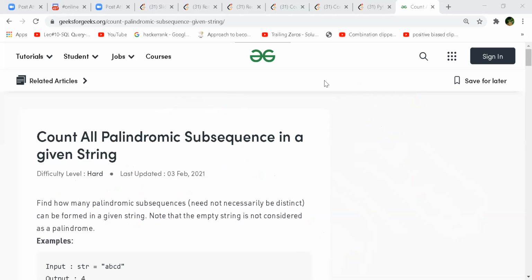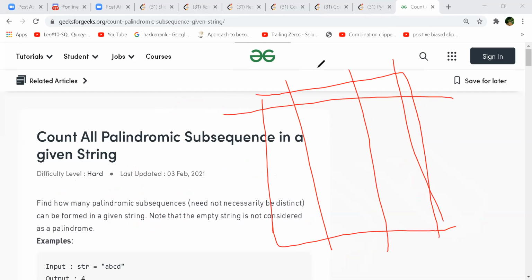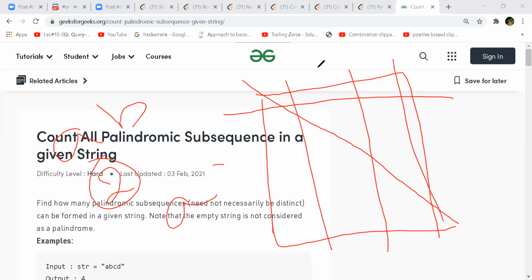But that will still involve additional space and time complexity. Actually, in bottom up, it's covered. First, for singles, every single element is a palindrome in itself, right? So all of them will become one. And if you have any string of length 2, the answer will always be 2 for them, right? A single element will be a palindrome itself; more than that, we can't do. Even if AA is there, only 2 we can form, right?